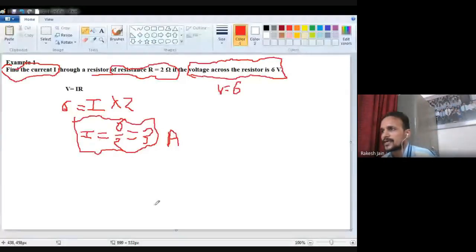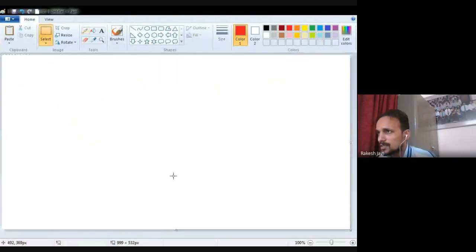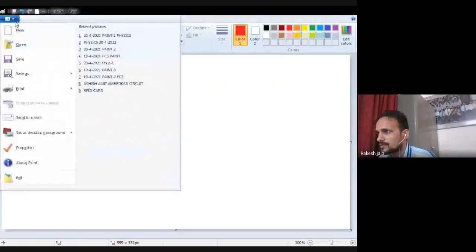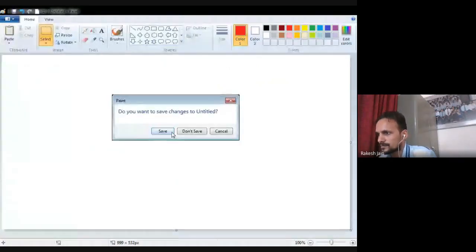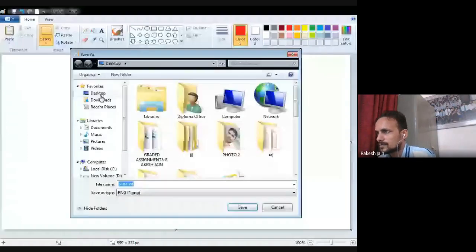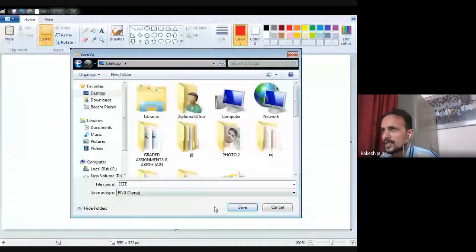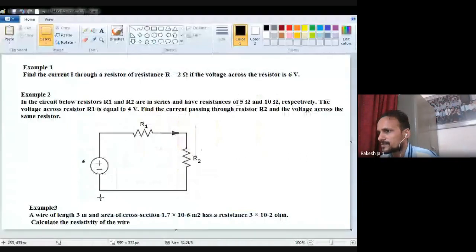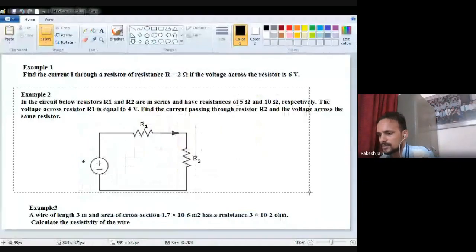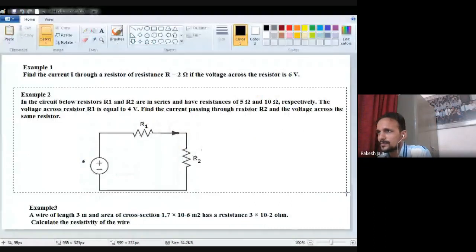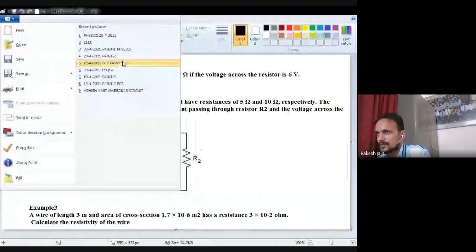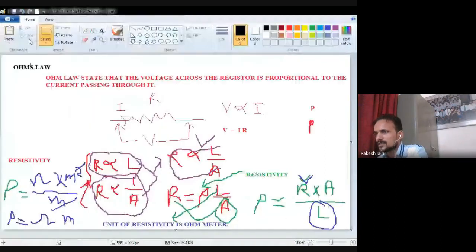Now we go for the second example. So I just remove this one. In recording, you see all these things. Okay, now see, let's suppose I have a second numerical, which is this one. First of all I copy this one. Now see, this one is my second numerical.